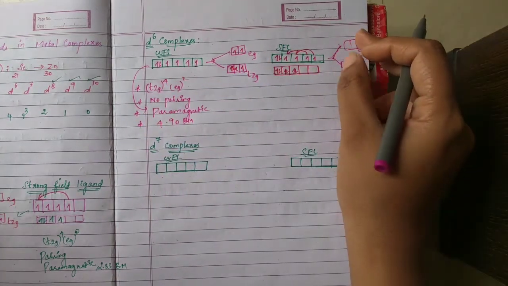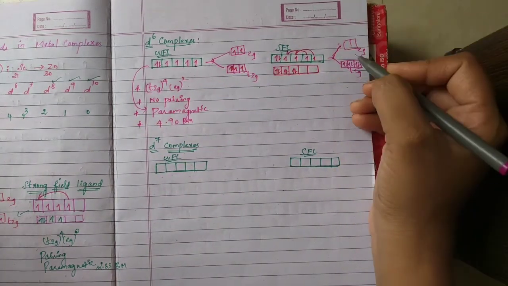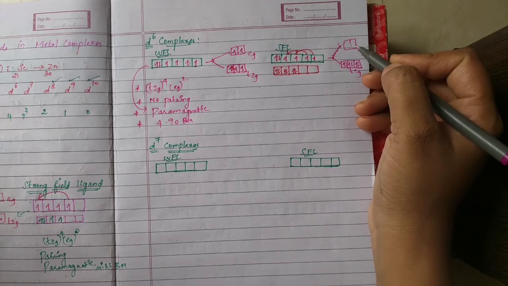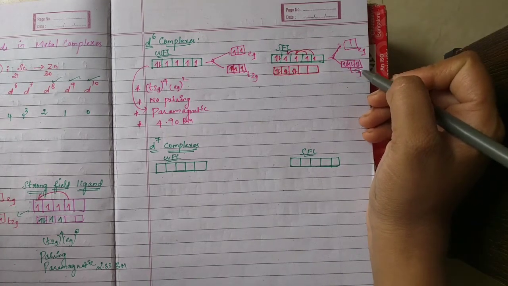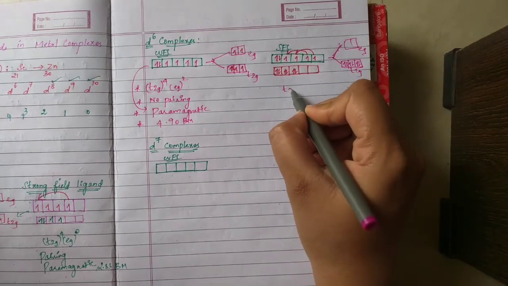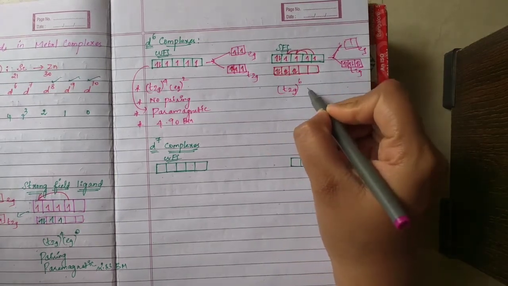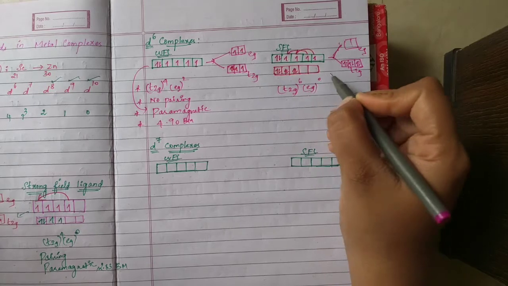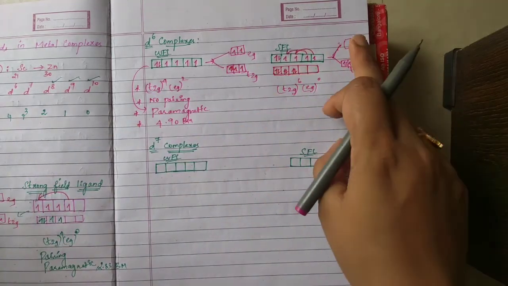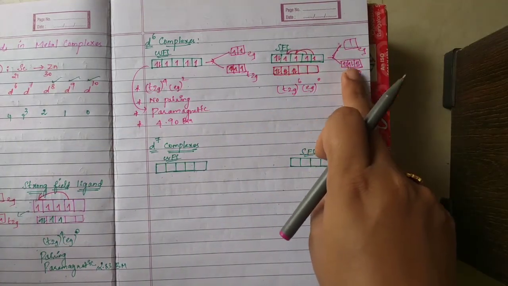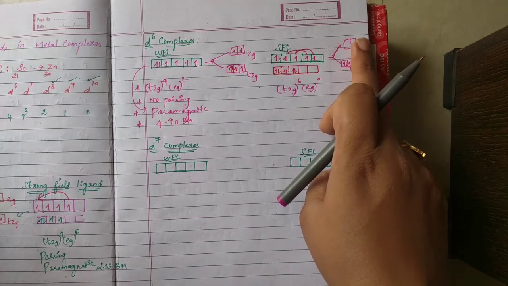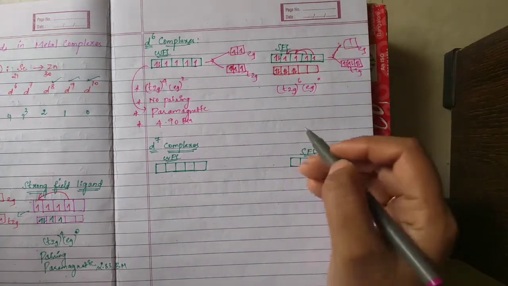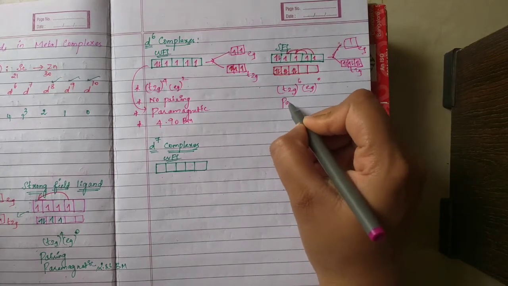The gap is more for strong field ligand. So pairing takes place instead of single electrons filling all the orbitals. That's why pairing takes place here. So now it becomes t2g6 eg0. For any strong field ligand, eg will be 0. First 6 electrons everything paired, then remaining electrons go to eg level. This one for strong field. So here pairing takes place.